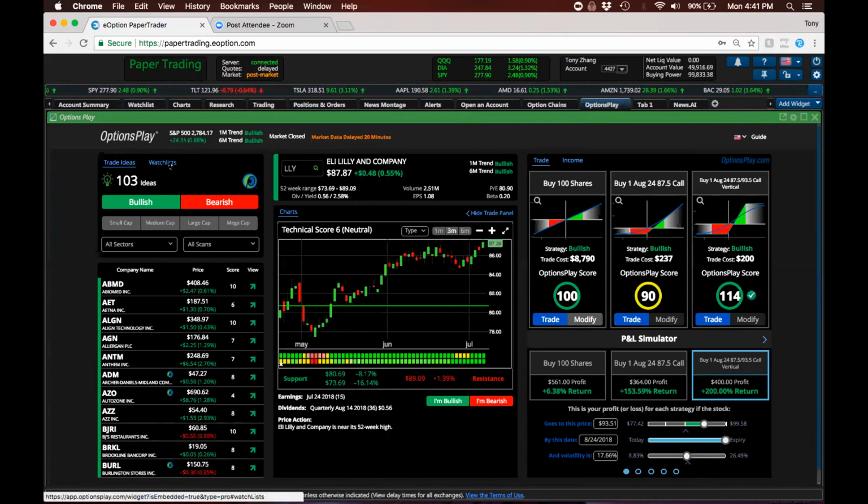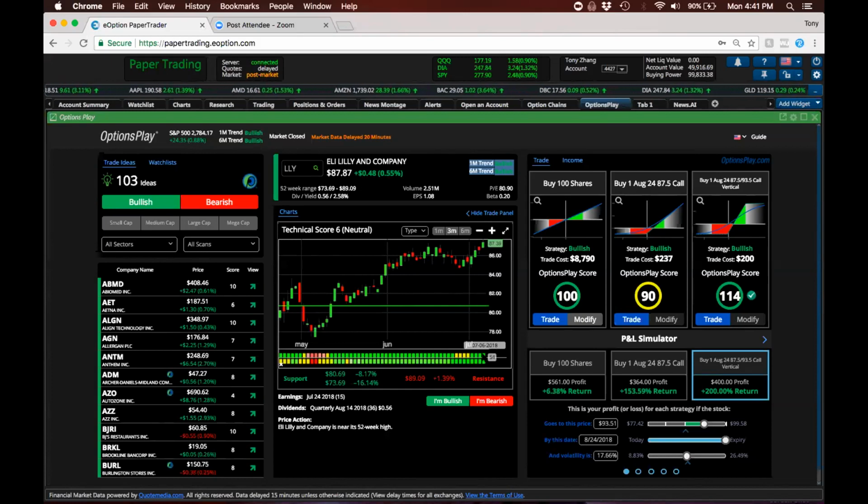Trade ideas and watch list is simply what symbols you want to take a look at. The security analysis panel provides you with instant snapshot data so that you can quickly see what the current trend of the stock is, including the 1-month and 6-month trend. We'll even display it below the chart so you can see how long the stock has been in a trend and how those trends have changed. And we have what's called the technical score to give you a relative strength ranking, a quantifiable way to compare one stock to the next and say which are the strongest and which are the weakest stocks in the market. Relevant things like earnings, dividends, and price action data are right below your chart so that you don't have to go elsewhere to find this information.